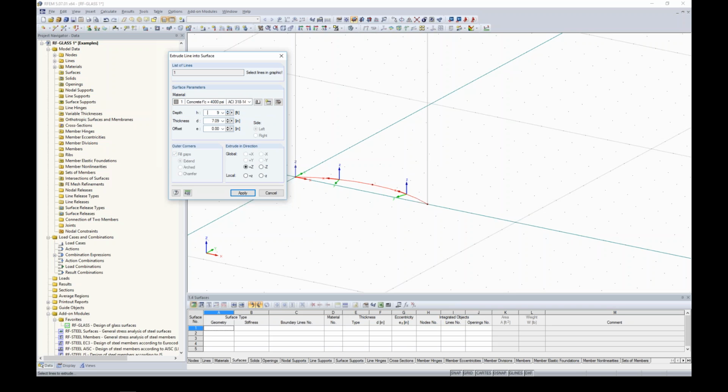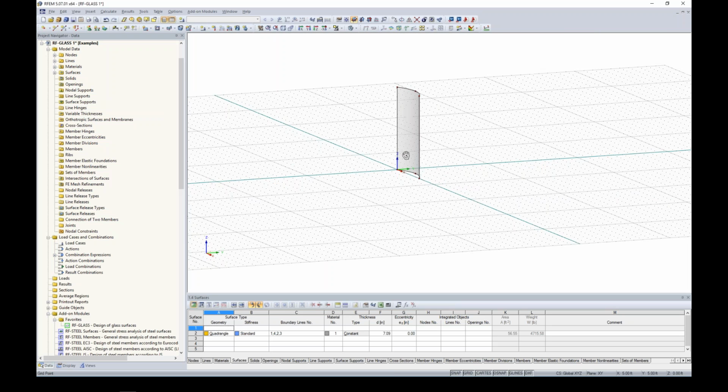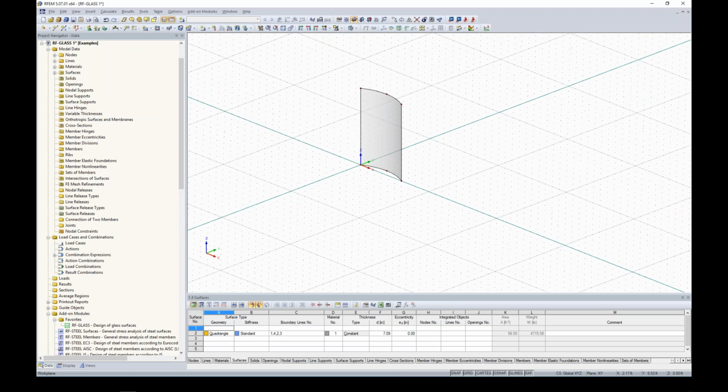The height, though, we do want to specify the correct geometry in the program, with the exception of the thickness. Thickness doesn't matter either because all of our layers and such we will be defining in RF-GLASS. So if I hit apply, then I can see that I have this surface now created with just a few